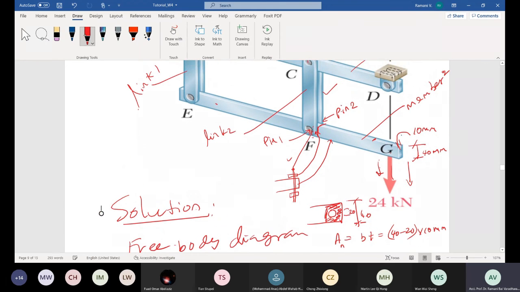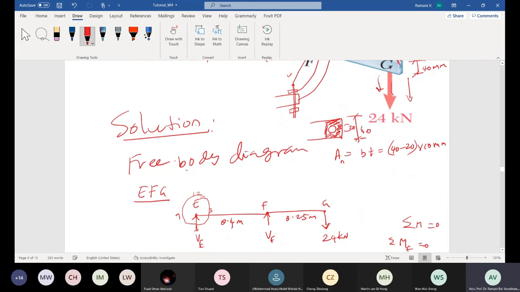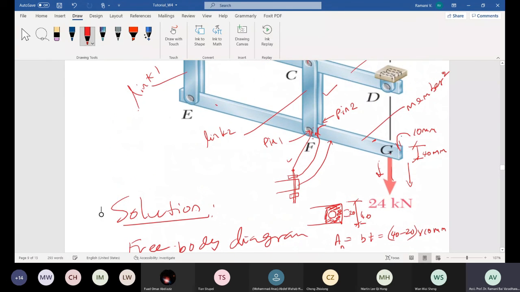The width perpendicular to the slide will be the thickness of the member, which is subjected to this tensile force, right? I repeat, due to this downward loading,